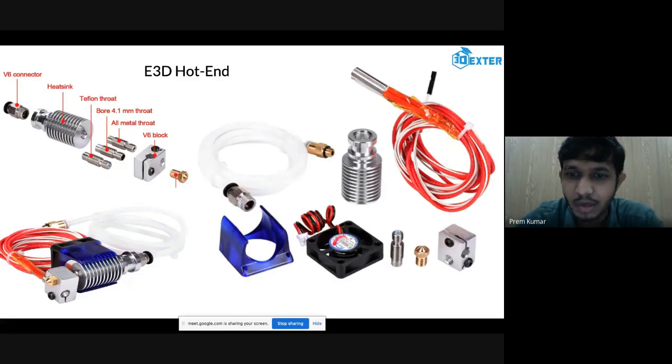So we have a small fan over here and a small duct also, which is guiding the fan air towards the heatsink. Even in these hot ends there will be two different kinds. One where you can actually put the filament pipe into the hot end, and another kind of hot end where the top diameter will be very small.